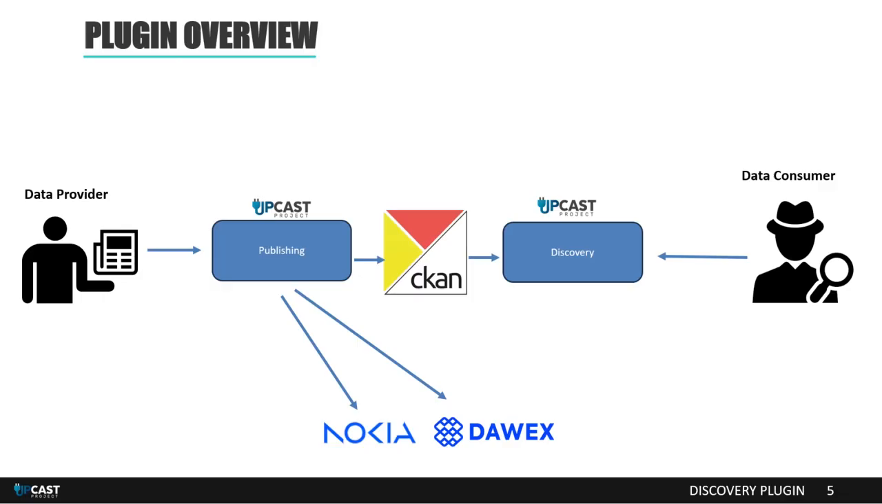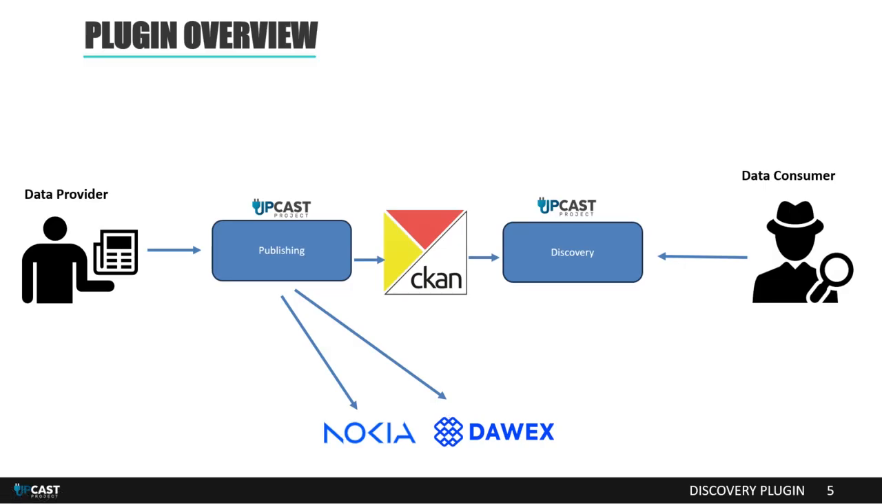Let's go through an overview of the plugin. We have the data provider and the data consumer, and the Discovery plugin sits in the middle of them. It is comprised of three main parts. Our backend is based on CKAN, the popular CKAN open source dataset manager, for which we reuse a number of functionalities, and then wrap it up with a publishing API that allows publishing into the core of the Discovery plugin,